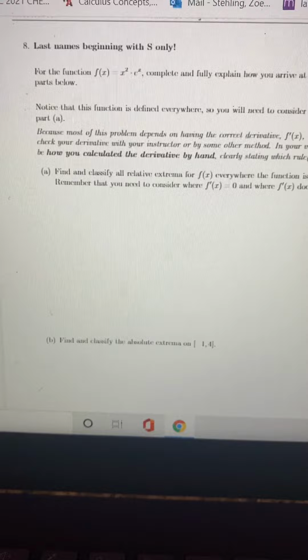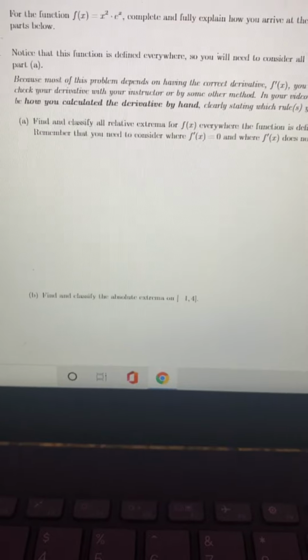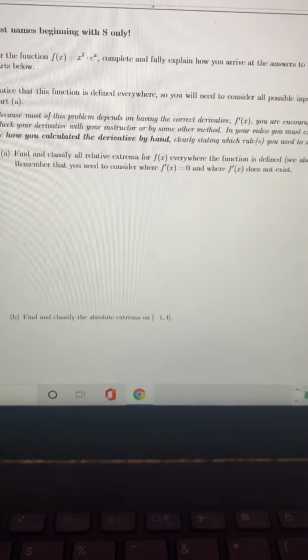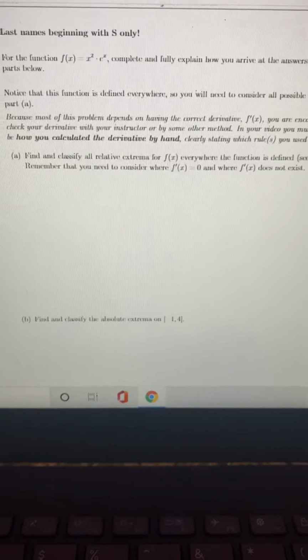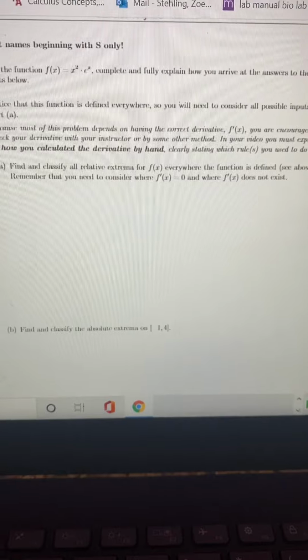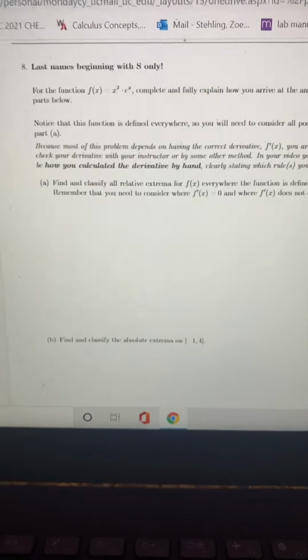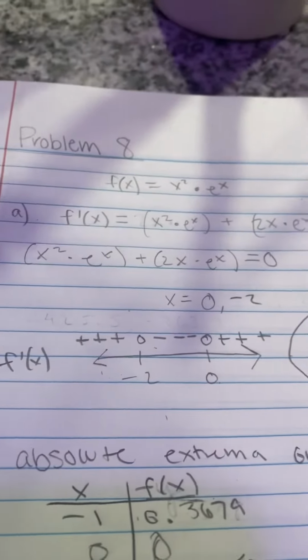So it says, for the function f of x equals x squared times e to the x, find and classify all relative extrema for f of x everywhere the function is defined. Remember that you need to consider when f prime of x equals 0 and f prime of x does not exist. So in order for this problem, I calculated first for part A, f prime of x, which equals x